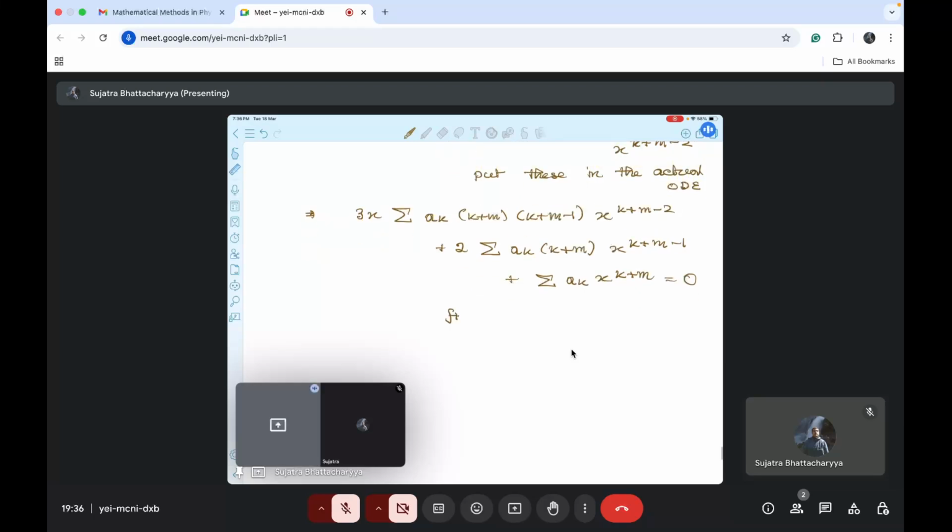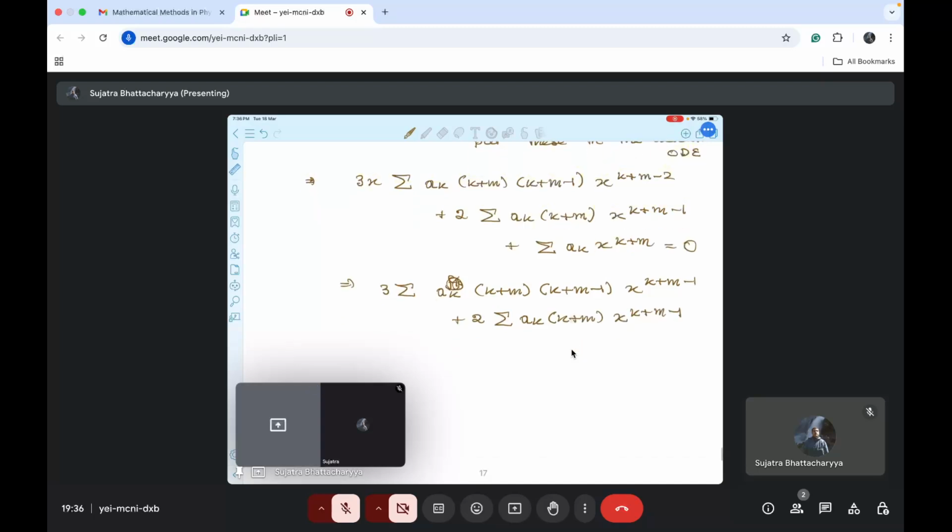Next, further you have to solve it, right? You have to solve it. The 3 you can keep outside: summation ak (k plus m)(k plus m minus 1) x to the power k plus m minus 1, because one x is multiplied. Here there is nothing, so it will be kept as it is. And finally,